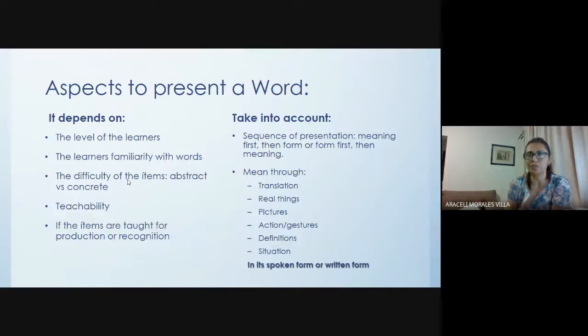How are we going to present the words? By meaning first, giving the meaning to the learner, or form first, or meaning first. So, what are you going to do first? Form or meaning? And the meaning has to do, or we can use different methods, like, for example, translation, or using something